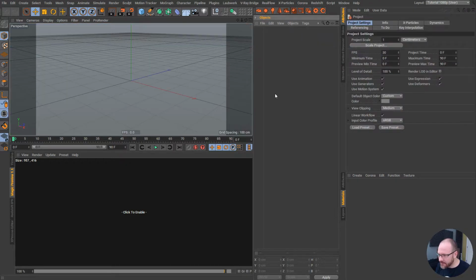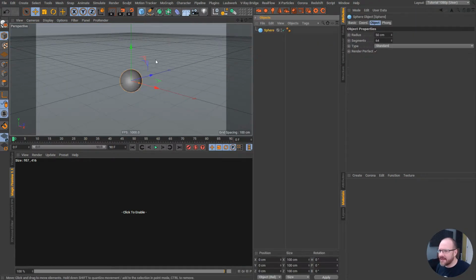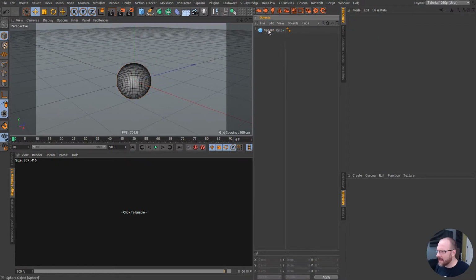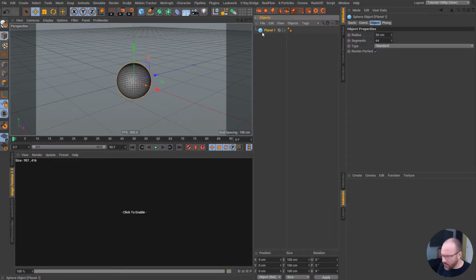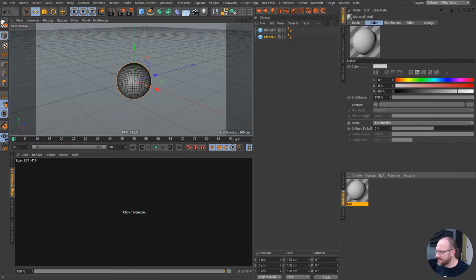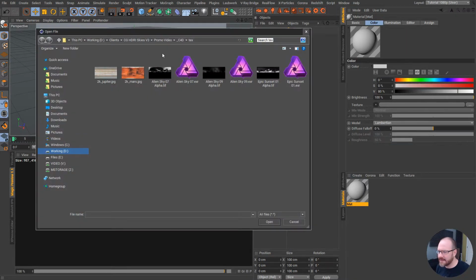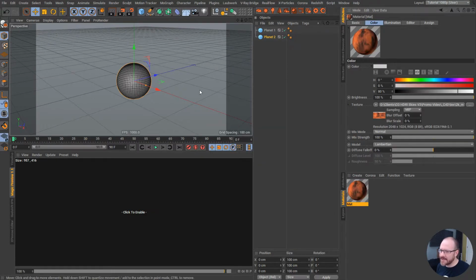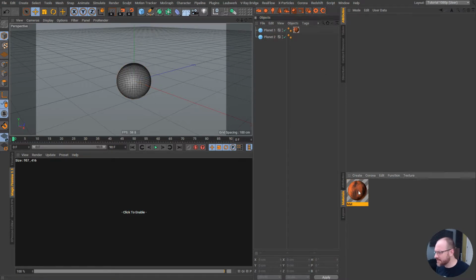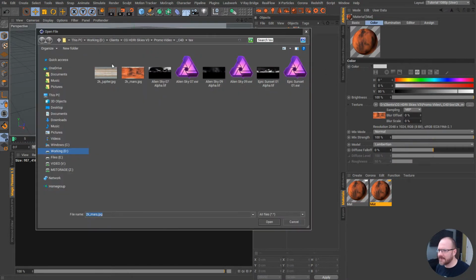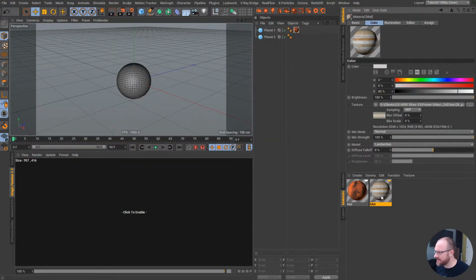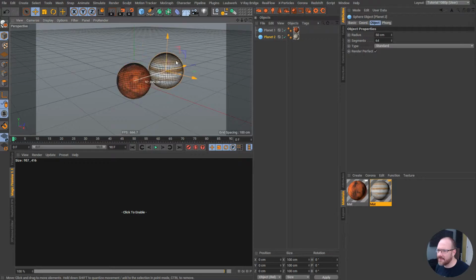I'm going to actually create a new scene, and I'm going to bring in a sphere, and let's check out the wireframe on this, and I think that looks pretty good. And we'll just call this Planet 1, and we'll do Planet 2. Now I'm just going to create a standard Cinema 4D material. Under color here, I'm going to load in a texture. Now I just pulled these off the web. You guys can find these textures all over the place. You can get Mars and Jupiter, and that's what I have here, and they're all over the internet, so you can find this stuff pretty easily. So here I have my 2 planets,